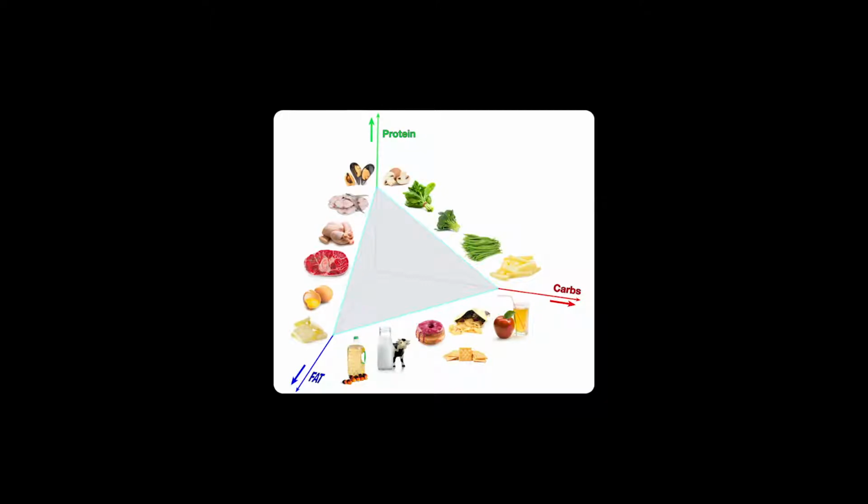If you graph out all of your food on the 3 macronutrient axes, what you'll find is that protein tracks very well with minerals and nutrient density. The higher you go in protein, the higher your nutrient density becomes. The opposite is not true. The higher you go in a carbs plus fat direction, the lower the mineral and nutrient content. And in fact, the more likely you are to get a man-made food that's very low in nutrient density and